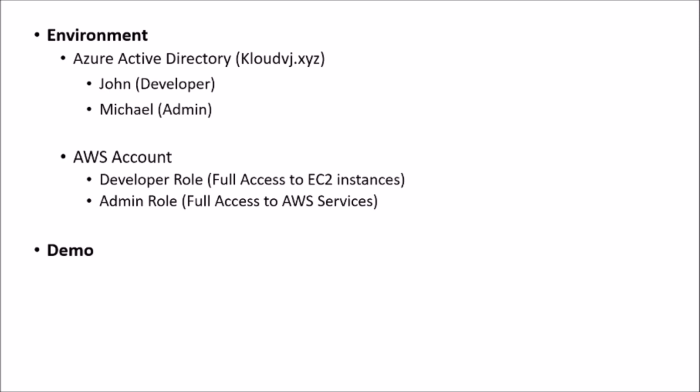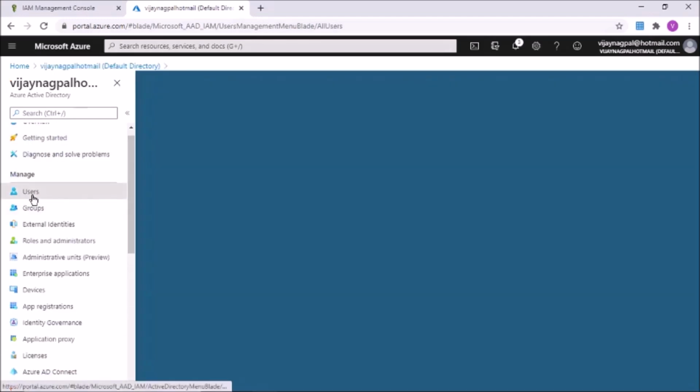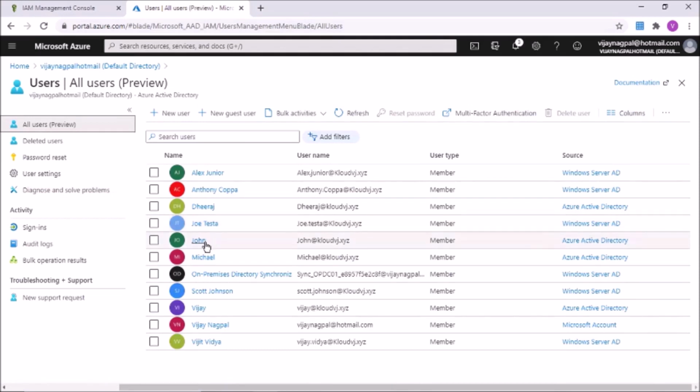So let's quickly move on to the demo and log into portal.azure.com. This is my Azure AD with custom domain cloudvijay.xyz and I have created two users, John and Michael. As I explained in the slides, John is the developer and Michael is the admin.